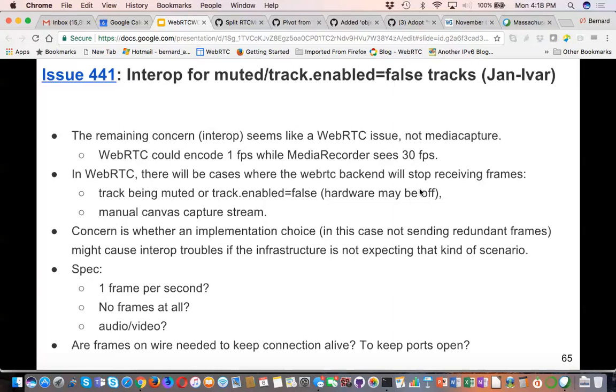It says that for muting, I don't think it actually says anything about that. The mics are fairly highly directional.